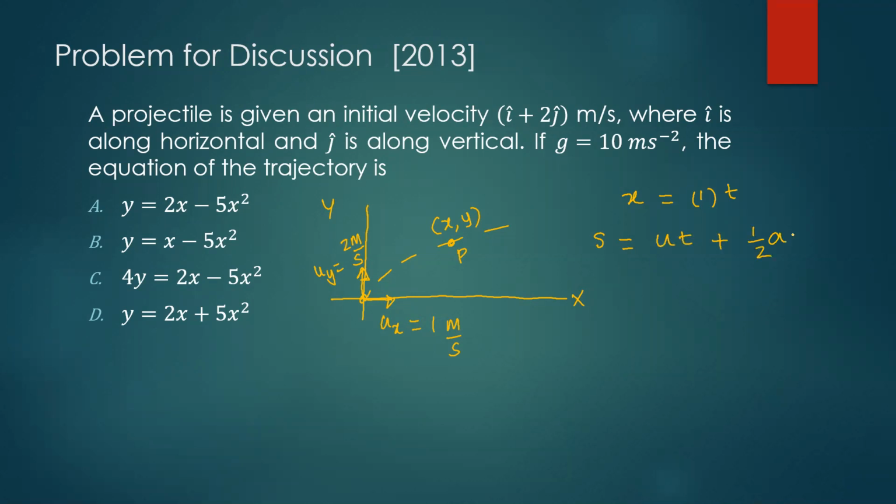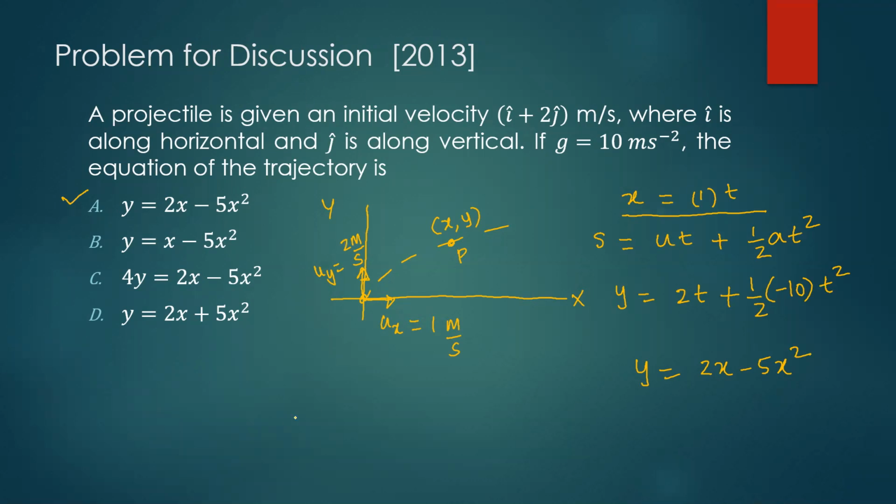I know there is that equation of trajectory which we can use, but I'm trying to do this problem without that. You can always split a motion in two-dimension problem as two independent 1D motion problems. So the vertical displacement is y. Initial vertical velocity uy is 2, so 2t, plus half, and this is minus 10, times t square. Now from here, you know x is t, so you just substitute that. That means t is x. So you'll get 2x minus 5x squared. Very good. So the answer is A.